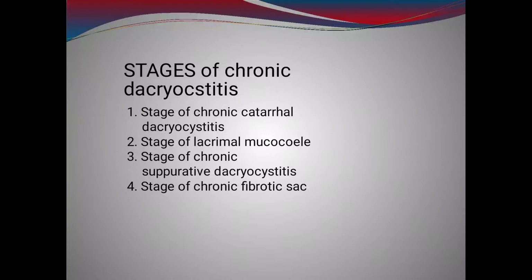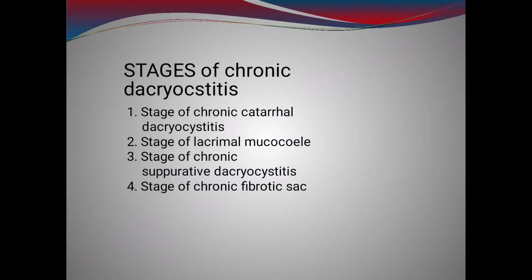So then let us come to a disorder called chronic dacryocystitis. What happens in chronic dacryocystitis? Usually there may be some infection or some foreign body in the lacrimal sac or the nasolacrimal duct, and it causes obstruction at that level, leading to chronic dacryocystitis. This is a very important disease, friends, because it is very troublesome to the patient. The patient will have constant watering from the eyes and there will be discharge. Not only that, it acts as a nidus of infection.